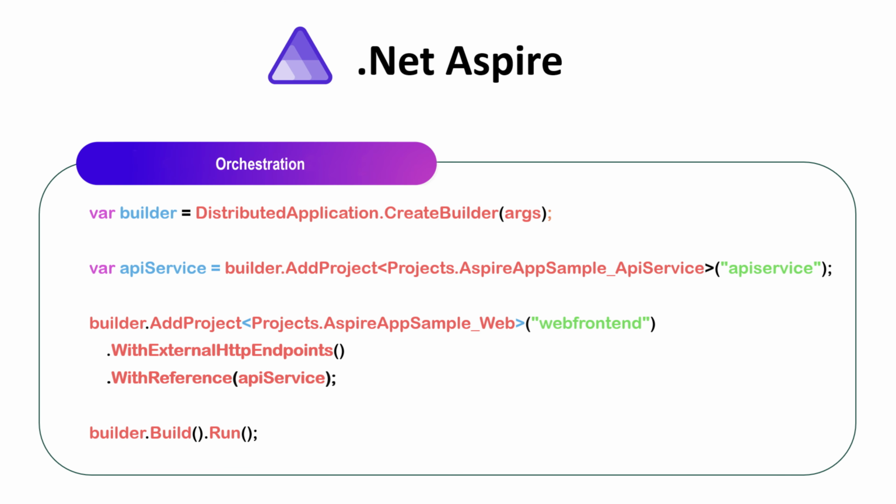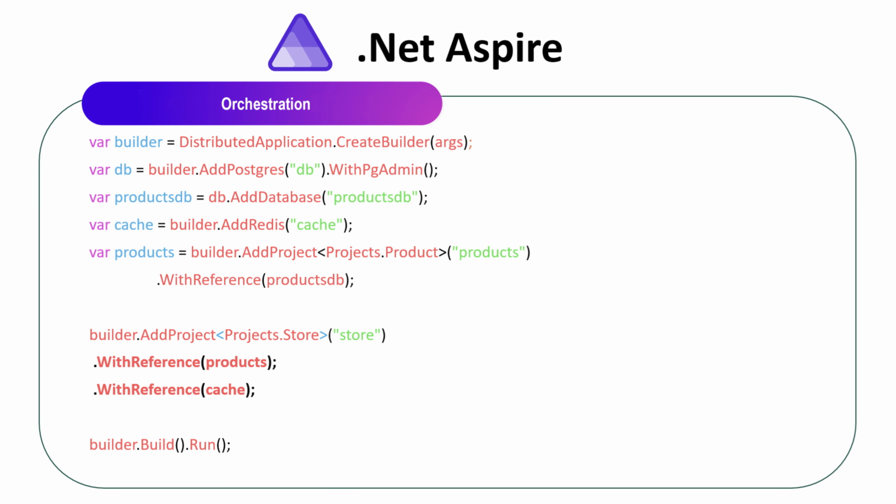Aspire will orchestrate running the various pieces of your application in your development environment. This could include databases, queues, other projects or services, anything that needs to be kicked off when you are running your app on your dev machine. It scales from a single project or service with its database dependency all the way to an entire distributed system with all the services and dependencies running together.